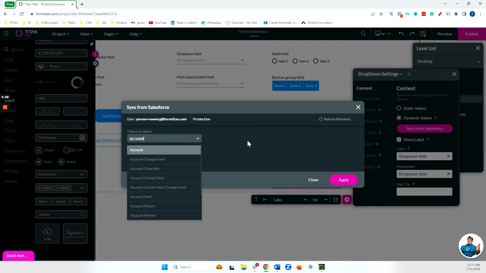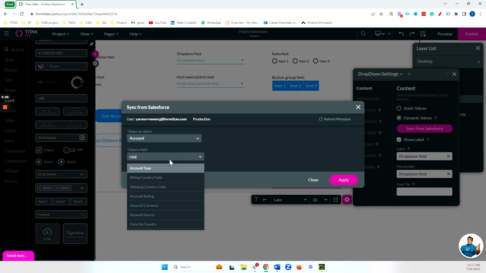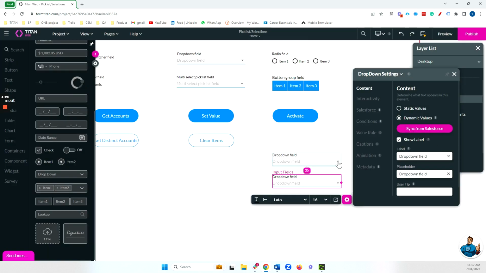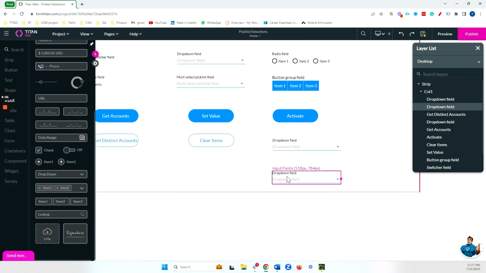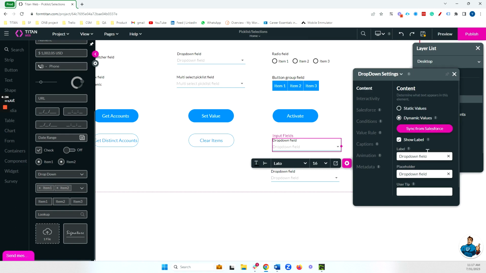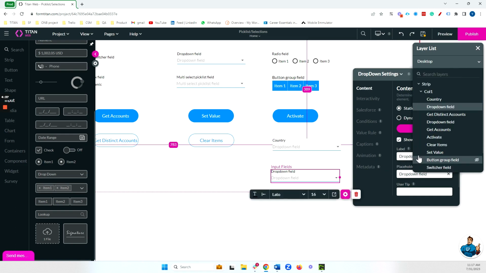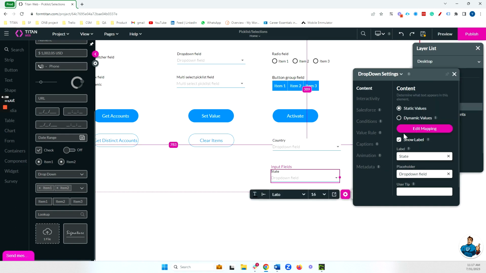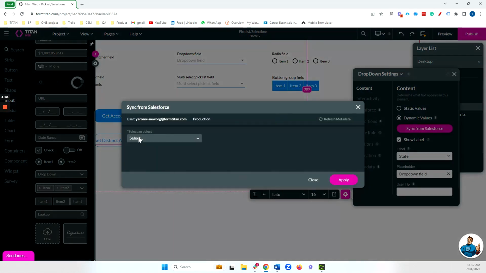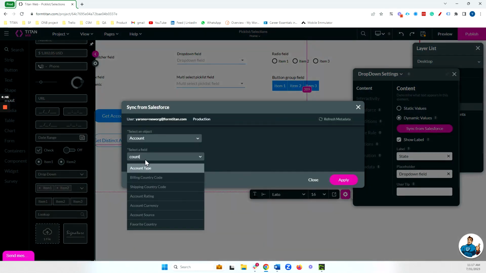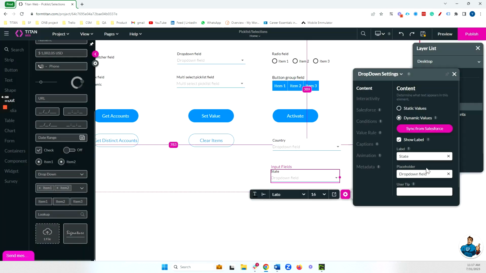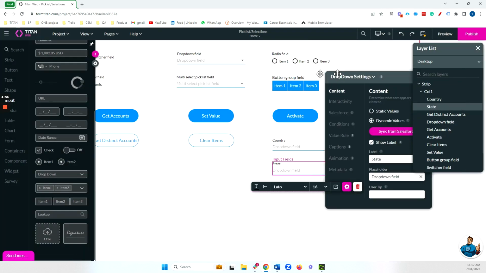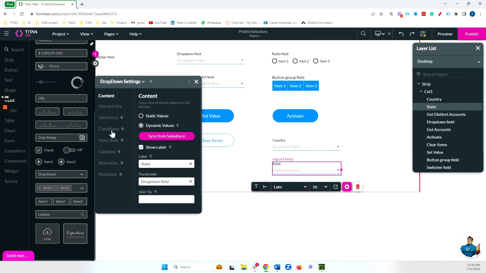So let's just do account here, and we'll do country for this one, country code. So this is our country. And here is our state. Let's map this one with dynamic values. We'll do account, and we want state, billing state, code. Great. And this is because I'm using country state pick lists in Salesforce, this dependency is default,